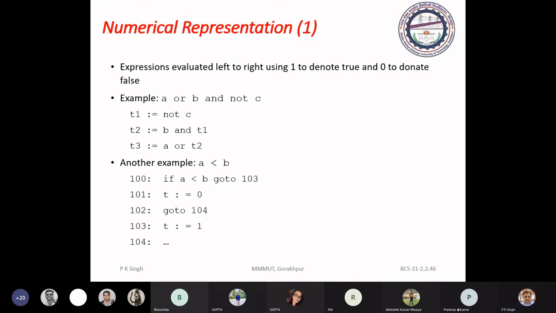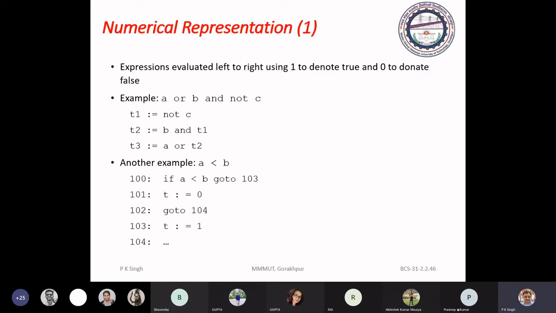As we have discussed, we use a relational operator to form a condition, and a logical operator to connect two simple conditions.